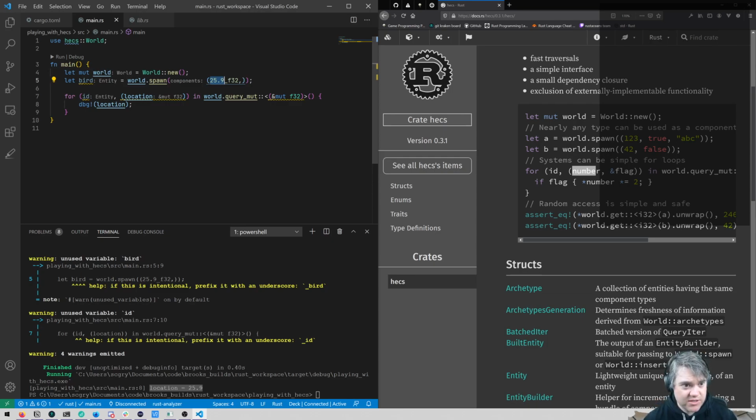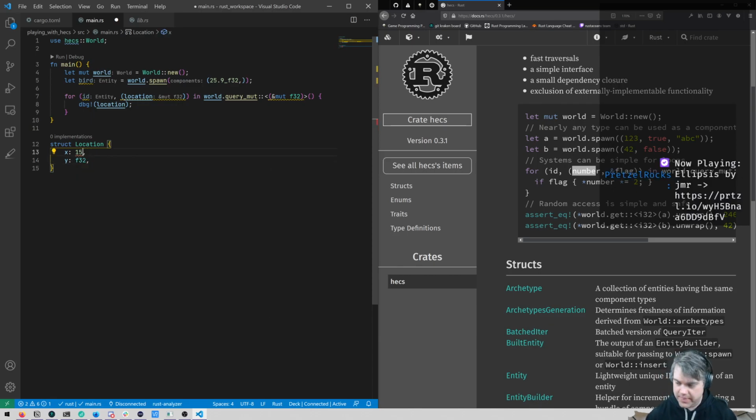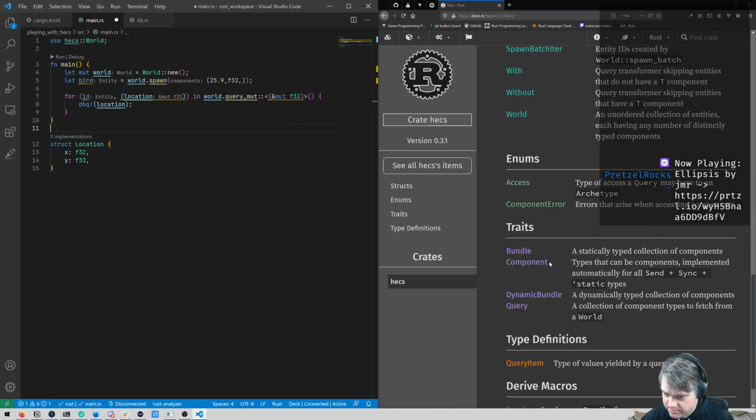So I think what we would need to do is create a struct that wraps around our location. So if I do something like struct Location, and we have an X, which is going to be a, well, we'll do the same. Well, let's do 1.0, Y 2.0. Okay, so if we have a location like that, and then I was looking inside of here, if I want to use my own type,